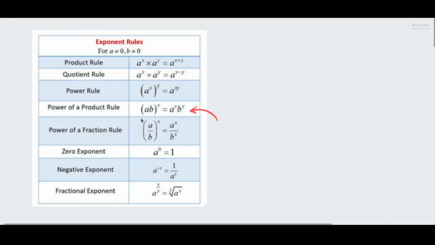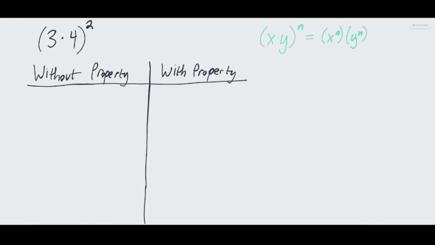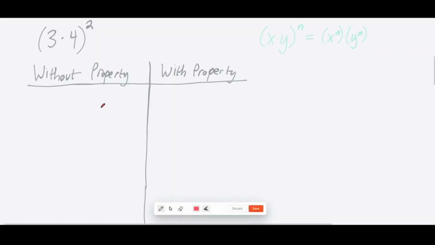You can see why it's called the power of a product because we have two values here being multiplied together, which creates a product, and then we're taking them to a certain power. We're going to deconstruct exactly why this works so that we can understand it. But before we get into that, let's go over some examples for exactly how we might even use